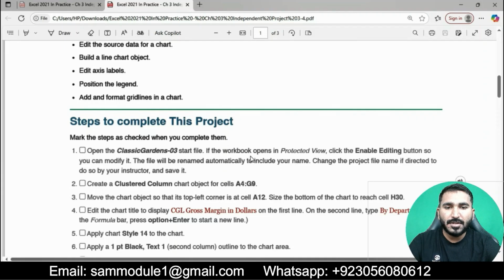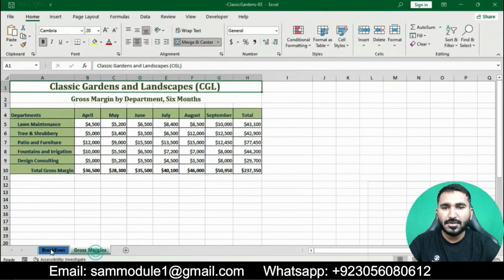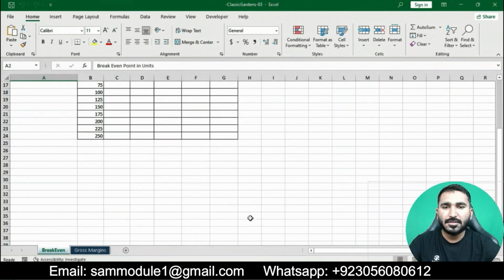The file will be renamed automatically to include your name. Change the project file name if directed to do so by your instructor and save it. Basically, in this question we will open the Classic Garden 3 start file, click on it, and then enable editing.